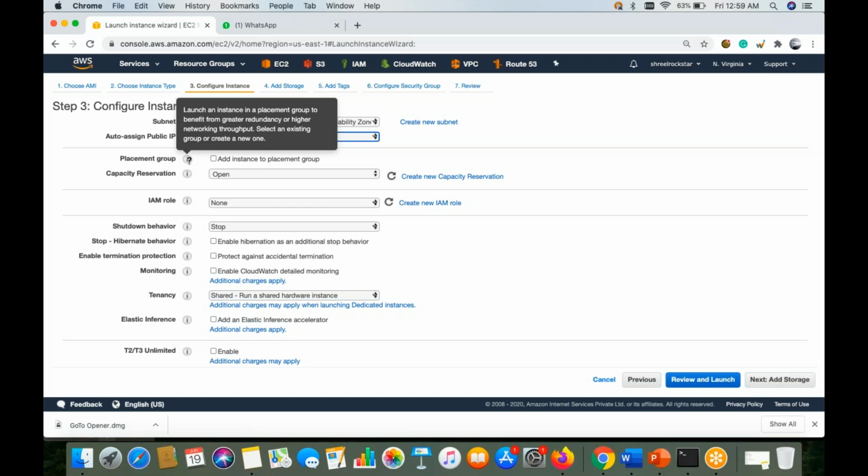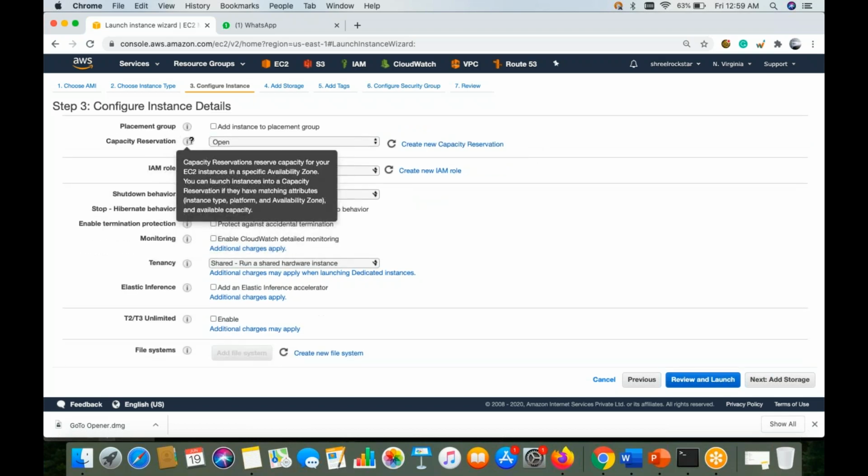That will help connectivity between instances be better. It is not going to give a bigger difference if I'm not going with grouping, but this will give you local latency within AWS, so good performance during local connectivity. We are not going to create this time because we are just creating one instance. So we are good without a group also.